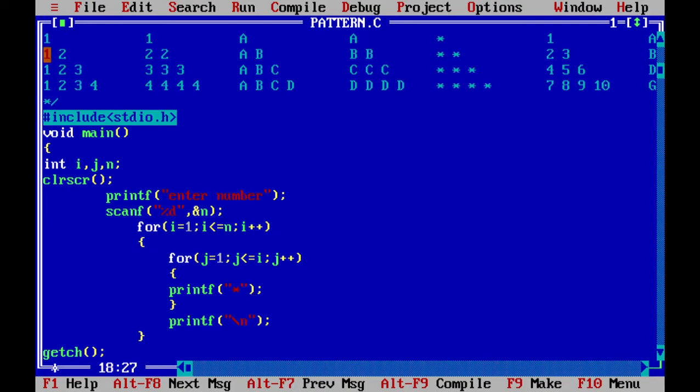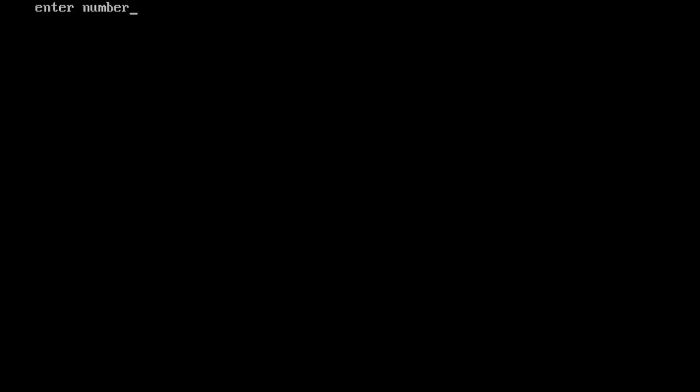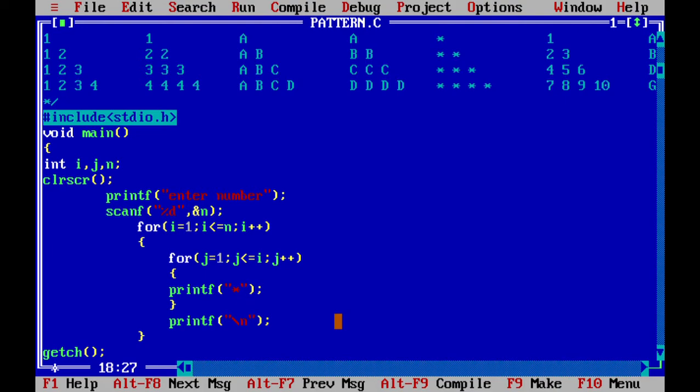Like we did here, 1, then 1 2, 1 2 3 like that. Here I took 1, after that 2 2 2, 3 3. But here there is only a constant value you have to print. The only thing is on the first line I want to print 1 star, on the second line print 2 stars. So just write down your star and compile your program and run your program. Suppose I enter the 5, you can see this is the output.